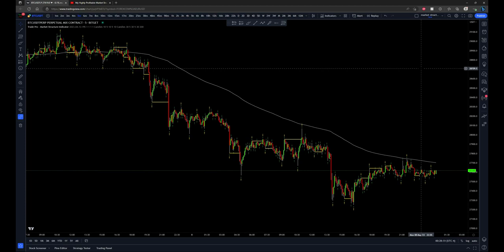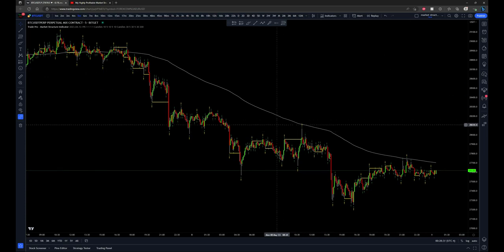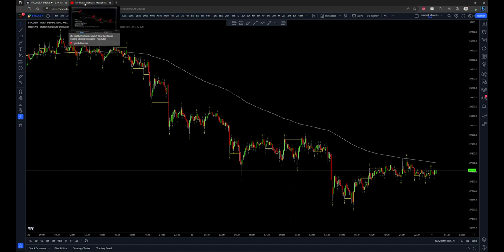So whether it may be a short-term swing high or swing low, an intermediate term swing high or swing low, or a long-term swing high or swing low, an indicator makes it objective, so you can't really be questioning whether a setup is valid if you're trading with market structure as part of your strategy. So this specific video will cover the different aspects of this indicator. If you want to see a strategy that's built around using market structure and this indicator, which you don't need the indicator for, but it does help in keeping it objective, especially for backtesting,